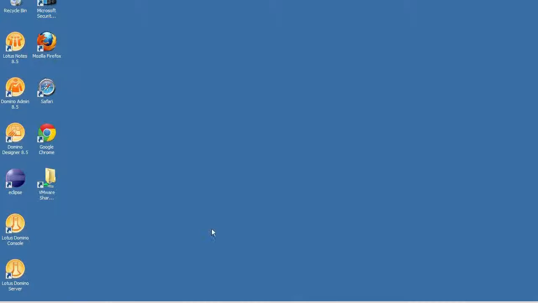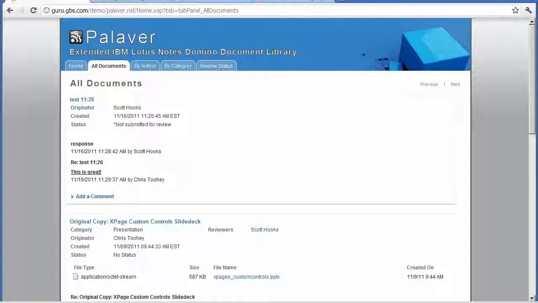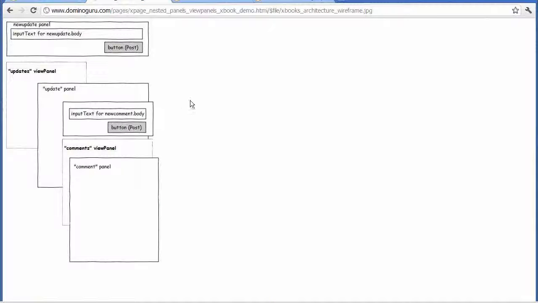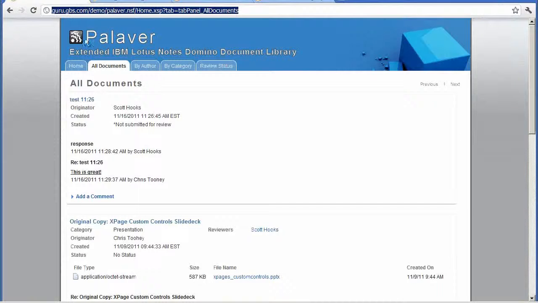All right, switch back to my demo here. So the way that this works, just to kind of give you a visual of how it works, is basically through a series of panels that are embedded within each other to create this interaction at the view level without actually opening the documents. So we have kind of a core panel that contains an update panel that allows you to input new content for the comment and then displays within the view panel. So for example, taking that back here,